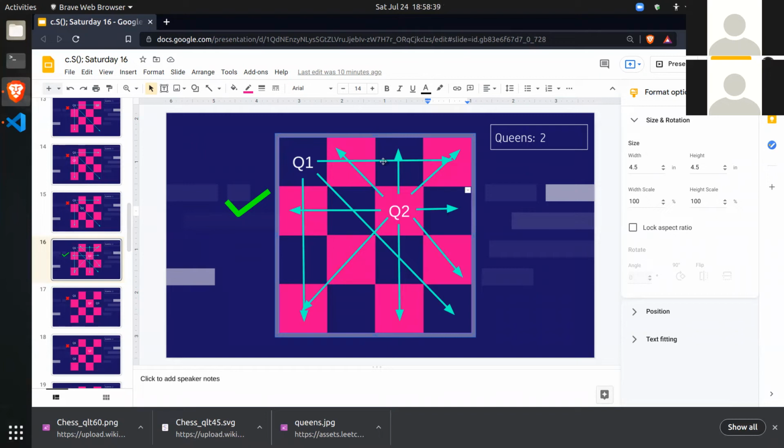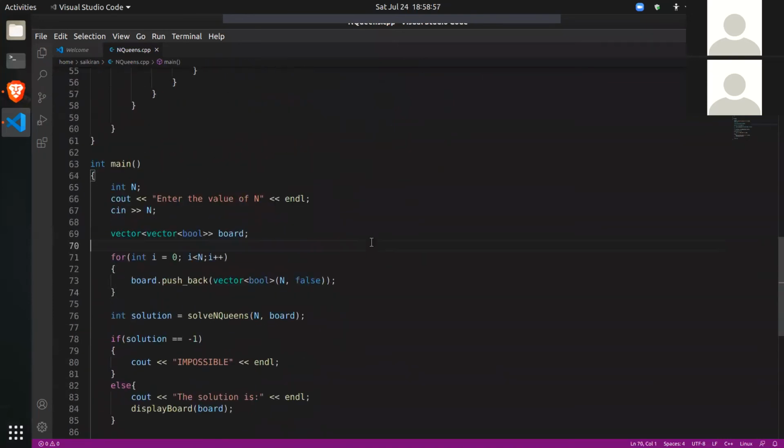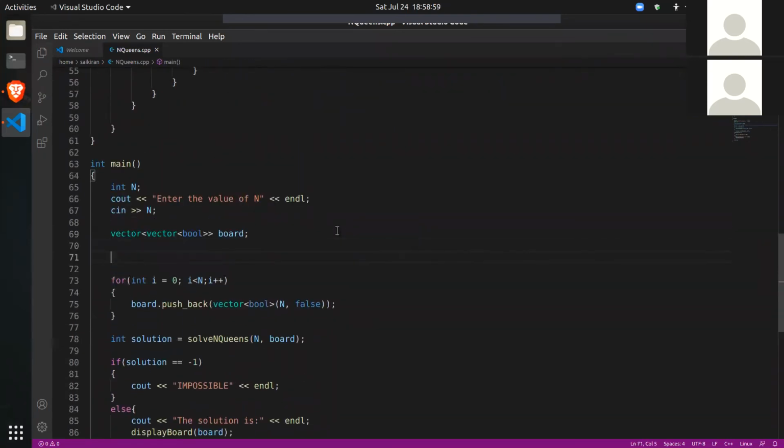Similarly, I can do the same for columns. So if the first position of the column is true, that means there is a queen in the first column. If the fourth position is true, then there is a queen in the fourth column. So we'll create an array here called attacking.